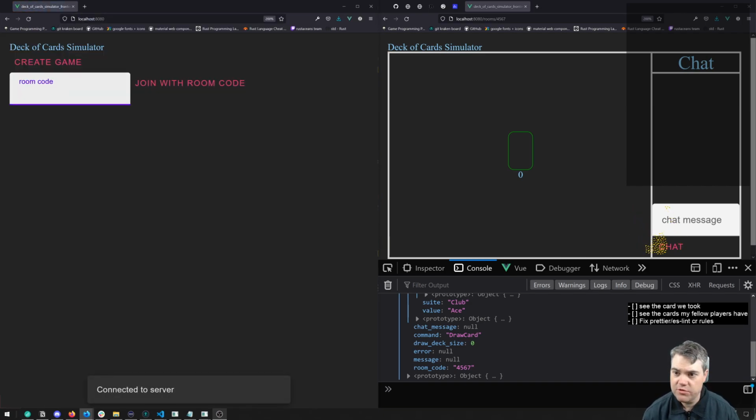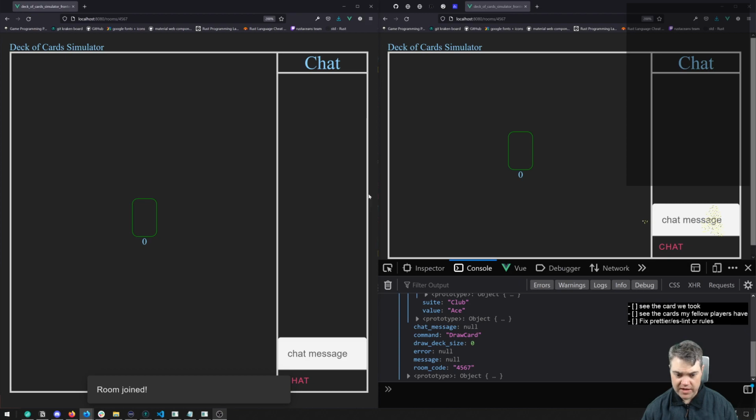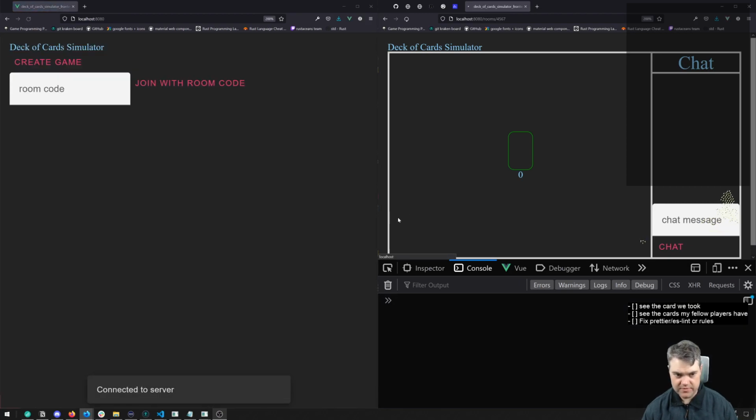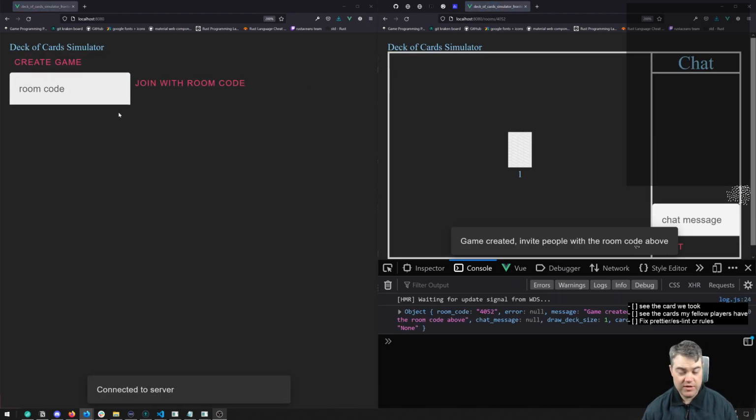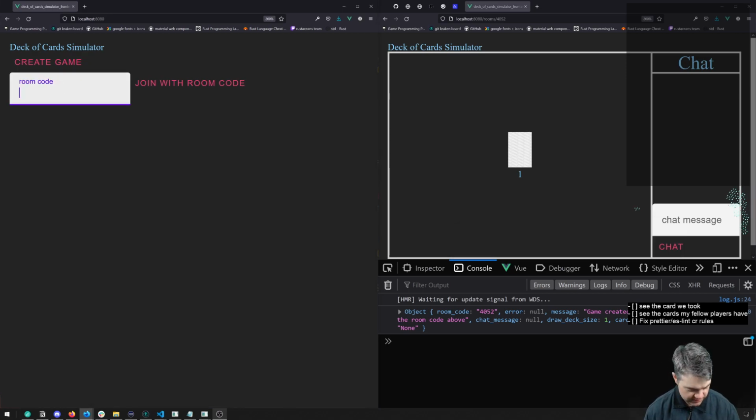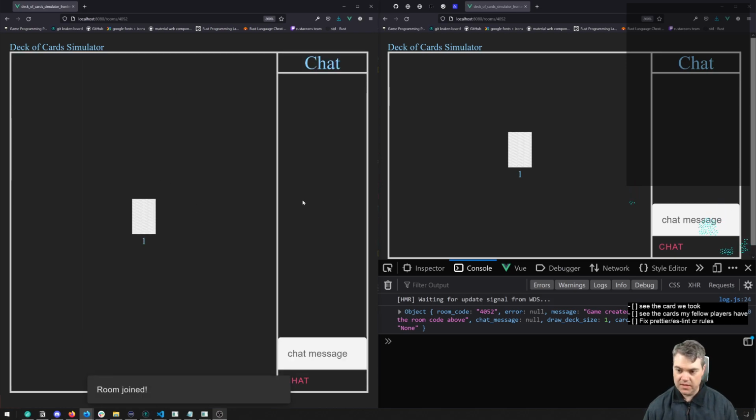So let's join room 4567. So here we are. We have nothing in. Oh, well. Game. We need more than one card to properly test this out. So this is 4052. Okay, so if I take this card,